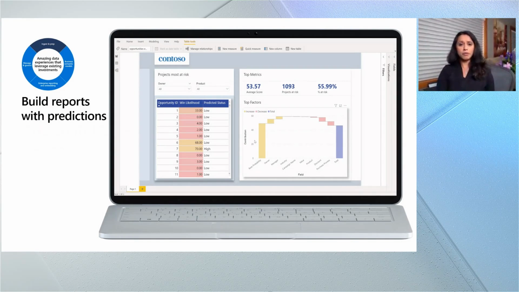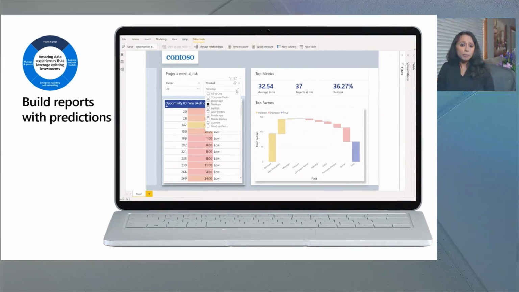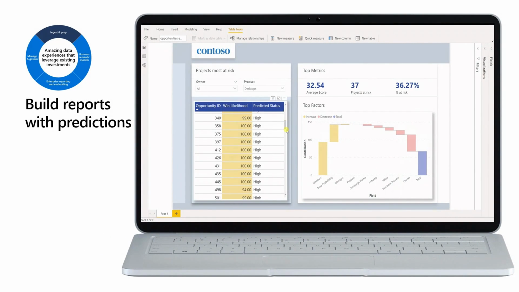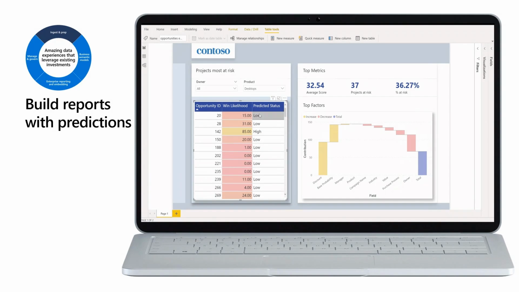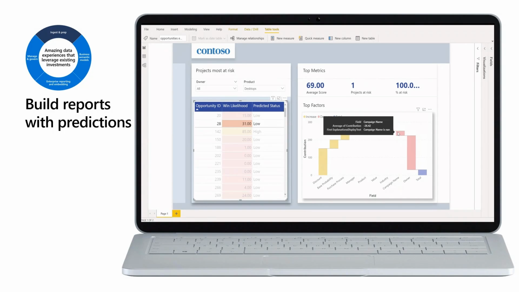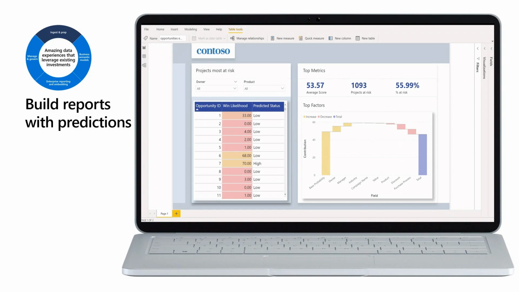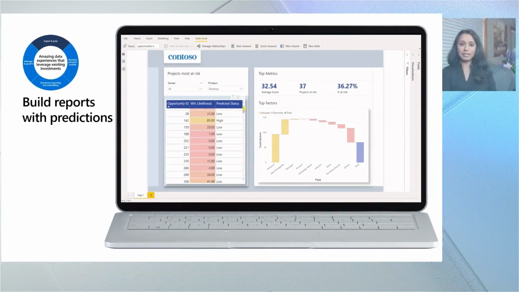A VP at Contoso starts off and is able to see this awesome report that's been built in Power BI. The report has predictions. They're able to drill down and look at opportunities and the status of winning or losing that opportunity. Click on that opportunity and they're able to look at the top factors that contribute towards this opportunity being lost or won. Let me tell you how easy this was to do in Power BI. You might think that this probably took hiring a data scientist, building machine learning models. Nope, we built it using Power BI dataflows and machine learning within Power BI.